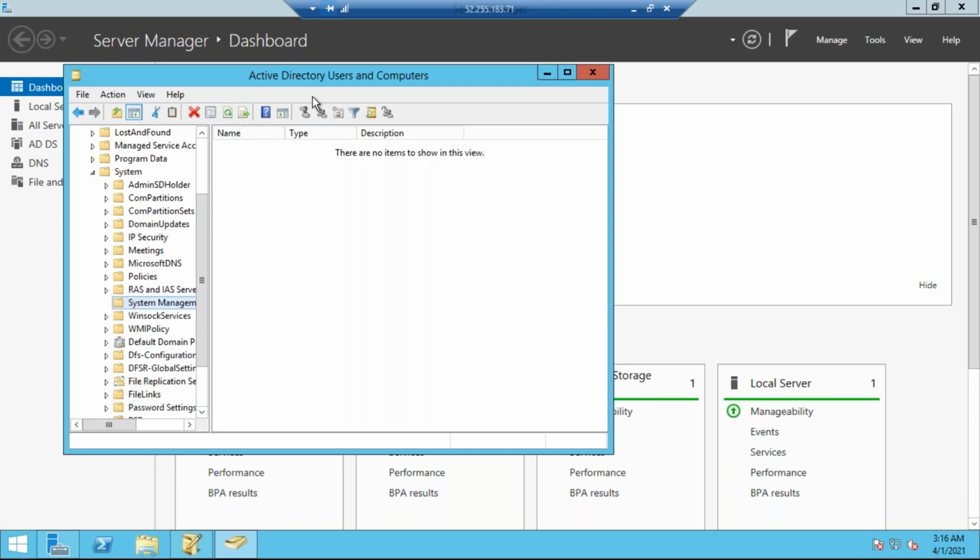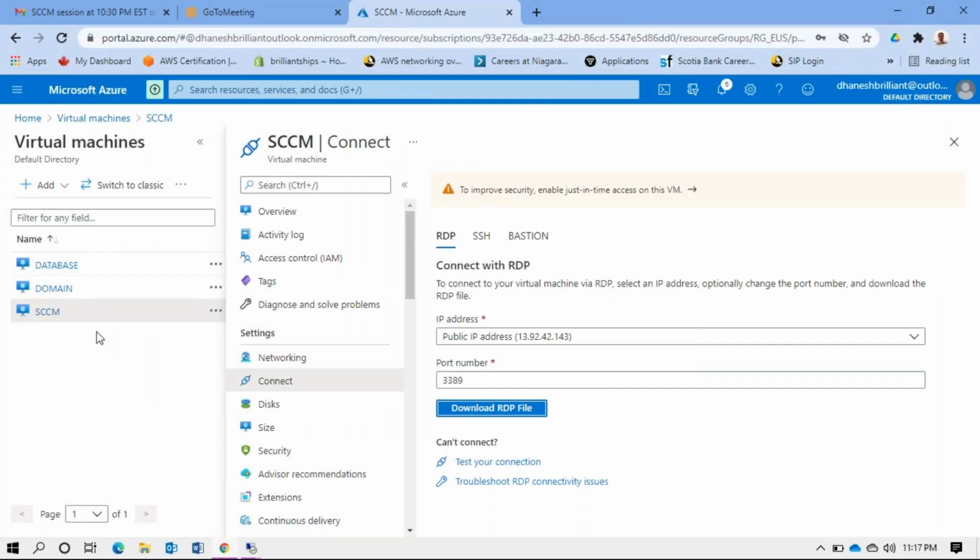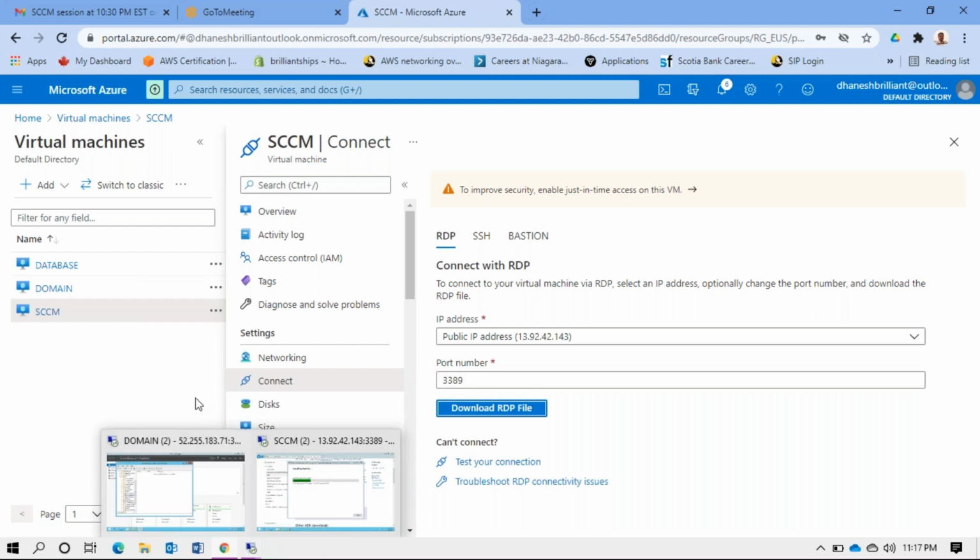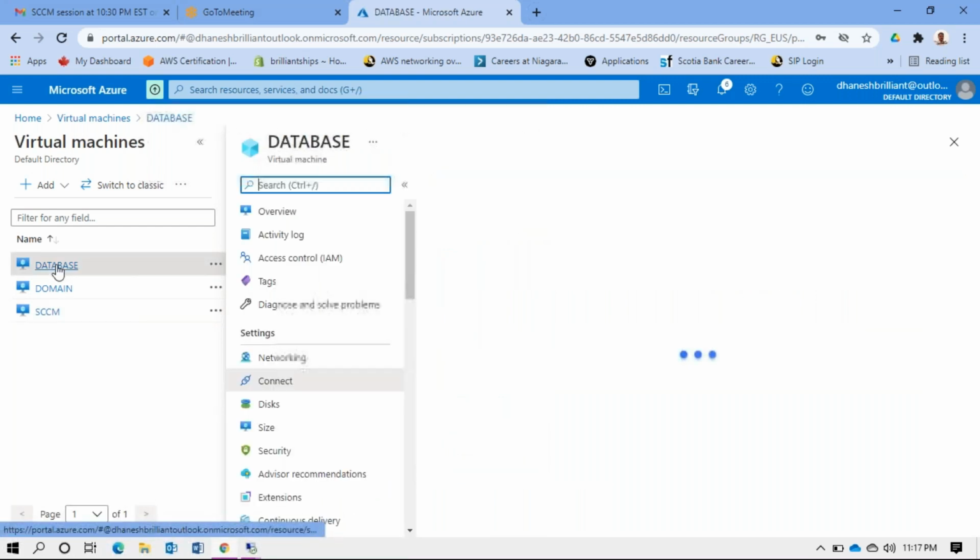After doing this, we have installed ADK, and we have created the system management container. The next thing that we're going to do is install the SQL Server. How are we going to install the SQL Server? We have to go to the SQL machine. I hope the database machine is open? It's not open. Go to the database,